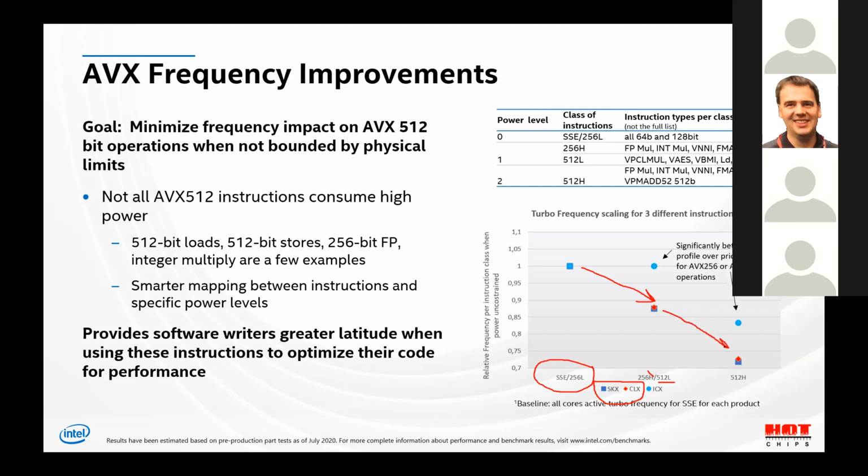And when going to very high AVX512 usage, the frequency drops again. Even though the FMAs and the capabilities of Turbo allow the performance to be much, much higher by using AVX512 on enabled applications than staying with AVX2, still some customers were a little bit frustrated that they couldn't get more performance. We have significantly increased and improved on that,